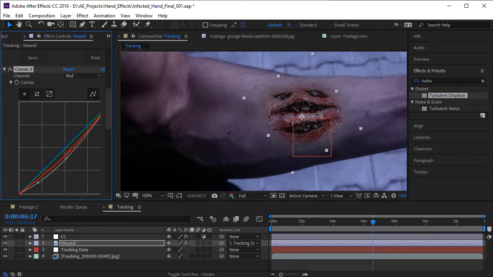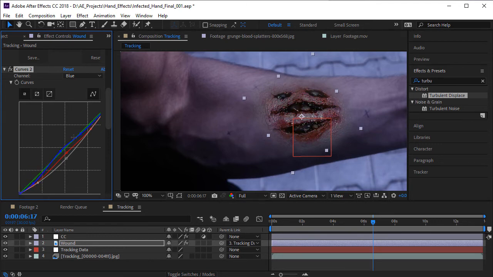Let's go to the red, maybe increase it a bit. You can see that not that much, I mean this much, and you can just adjust the different levels. This is the shadows and this is the highlights. So if I just go there maybe a bit, and I'll go to the blue channel and bring up the highlights a bit in the blue, maybe